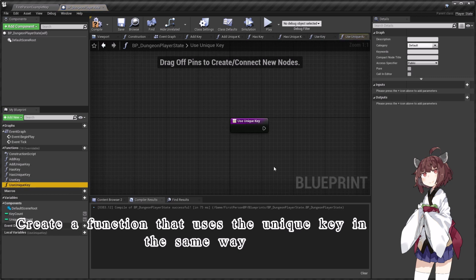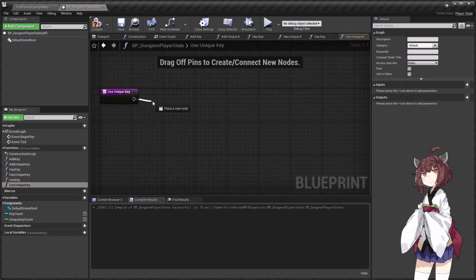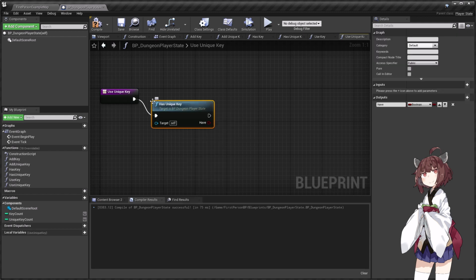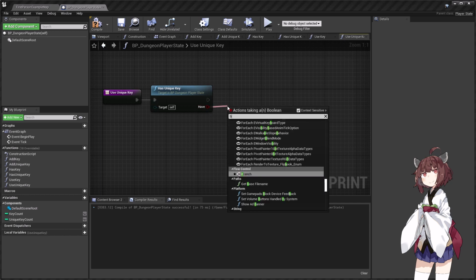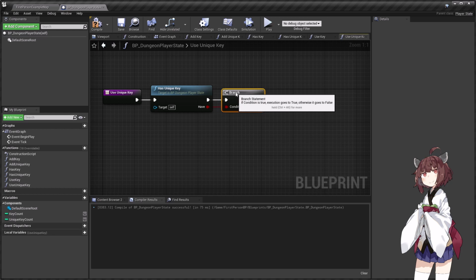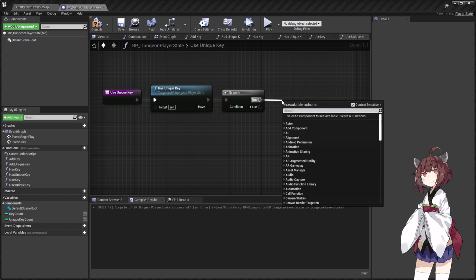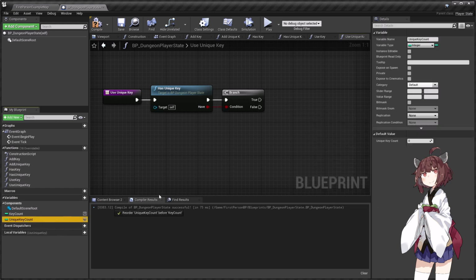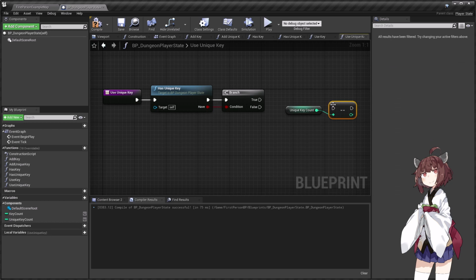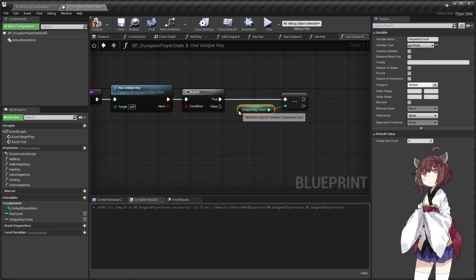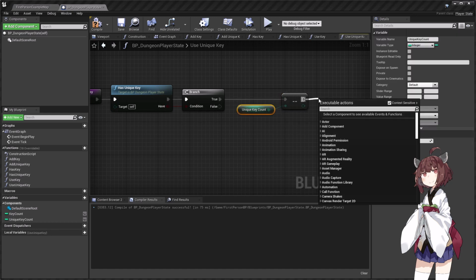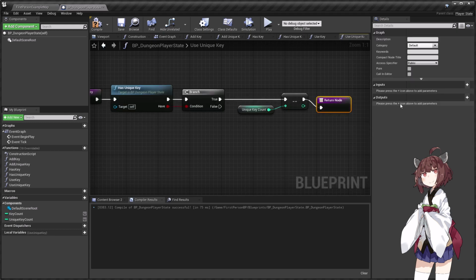Create a function that uses the unique key in the same way. Oh, I forgot the output.